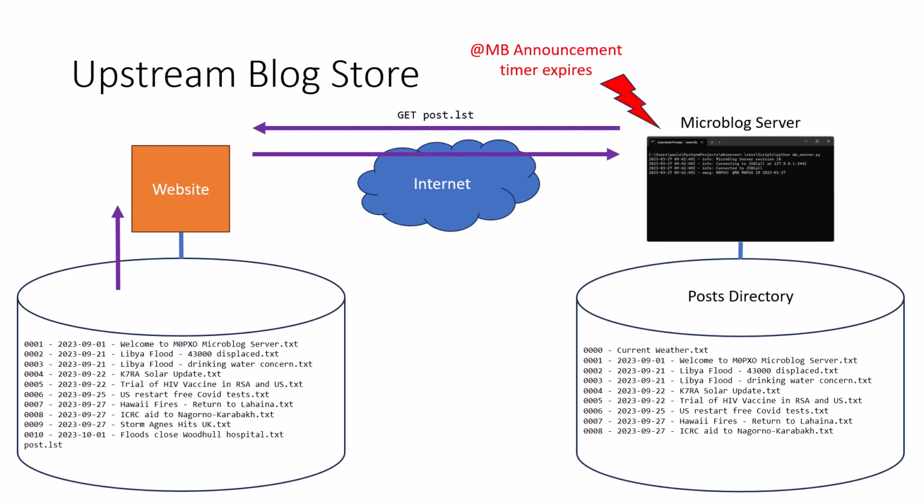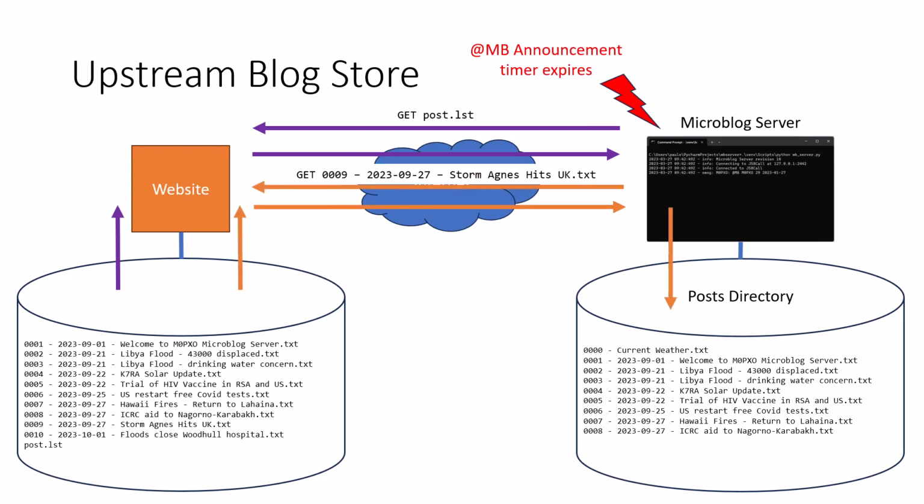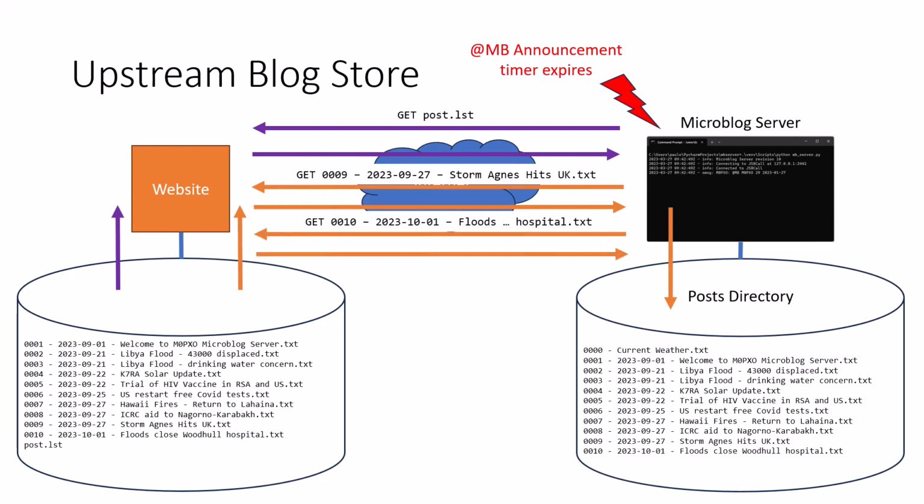It does a comparison with its own content in its own post directory and finds that, I've got everything up to number 8, but I haven't got 9 and 10. And so then goes on and does a get for 9 and a get for 10, and then puts those into the post directory. And now that's been updated. And then the MB announcement is sent out with the new situation, which is I've got everything up to number 10. So that's what I've done. I've added that code,